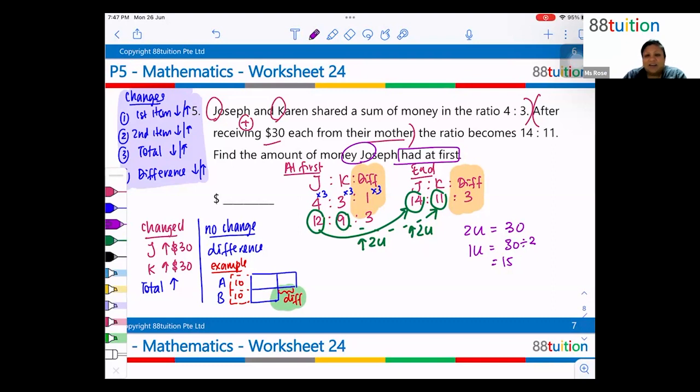Okay, all right. Now, I see some correct and wrong answers. Take note. As long as you have made a change in the ratio, you do not use the old ratio. You refer to the new ratio already. Okay, so the amount of money